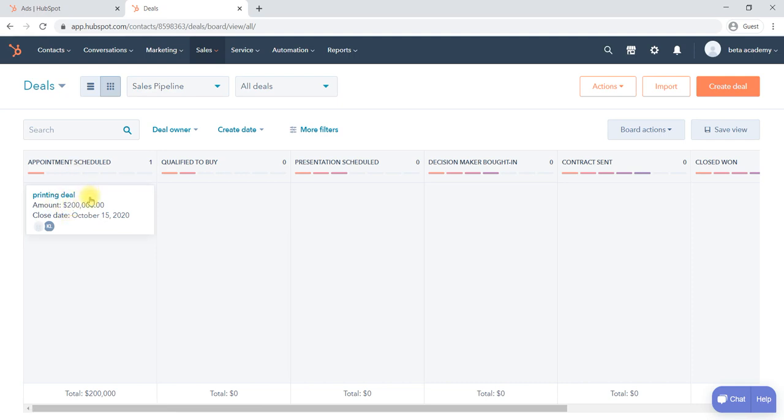It is appointment schedule. For example, you have been given an appointment and you met the client and he is ready to buy. You can say qualified to buy. Like this you can move it. You can select and move it to another stage like presentation schedule. Okay, so if you click on this particular deal now,